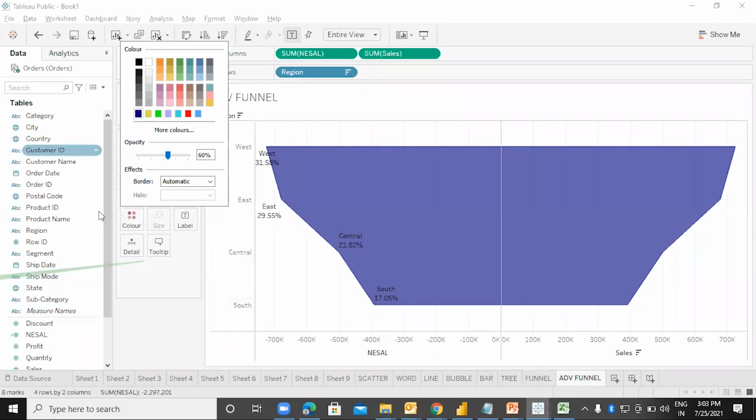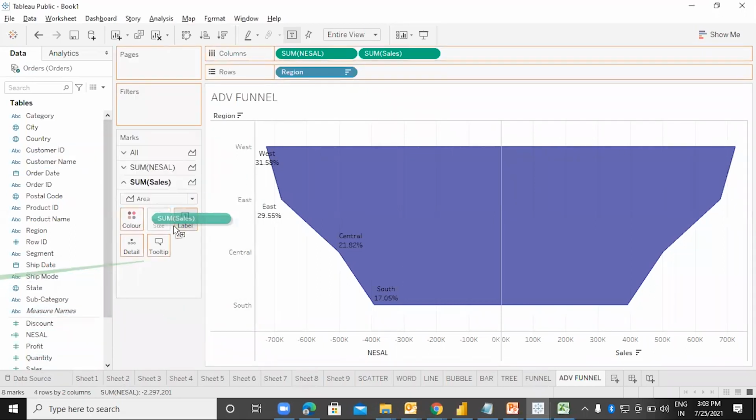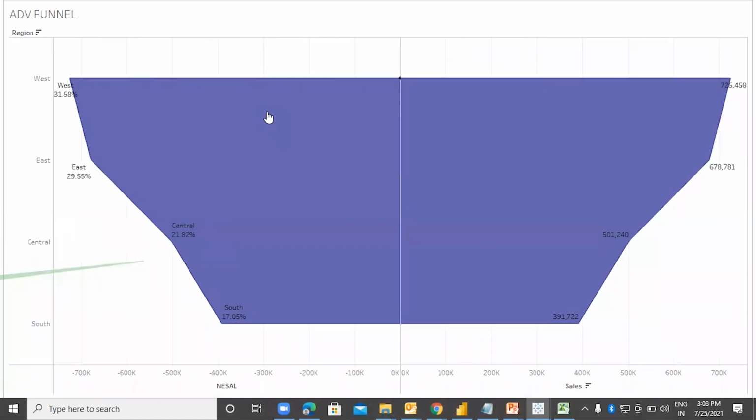And let us take the sales into the label over here as well. And here it is. So this is becoming your advanced funnel, where you are displaying the sales, the region, the sales percentage, and sales value. All the things have been displayed in the same page, right? A different way of doing a percentage comparison.